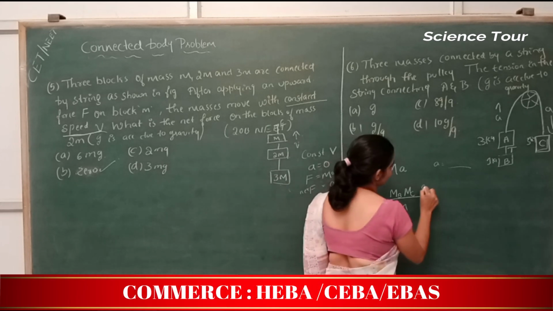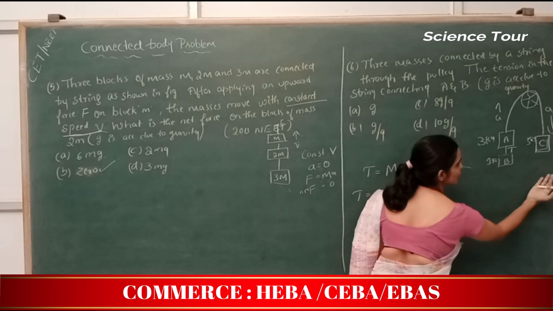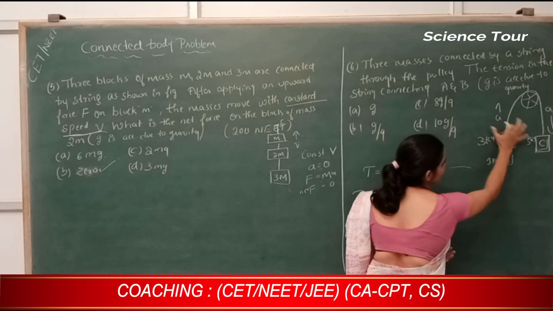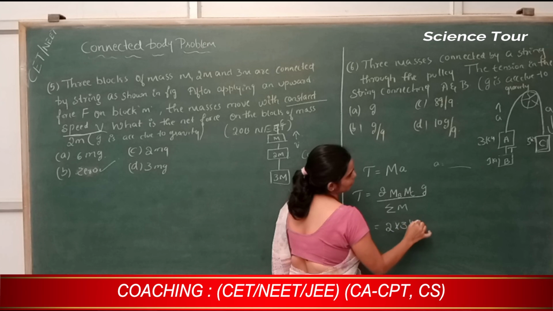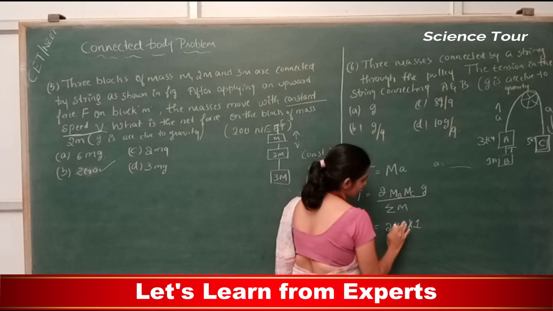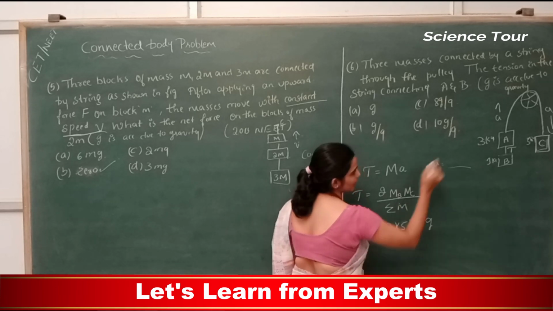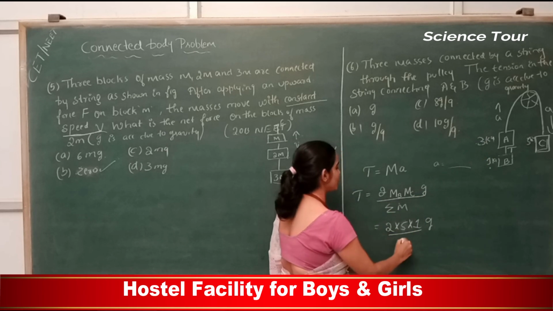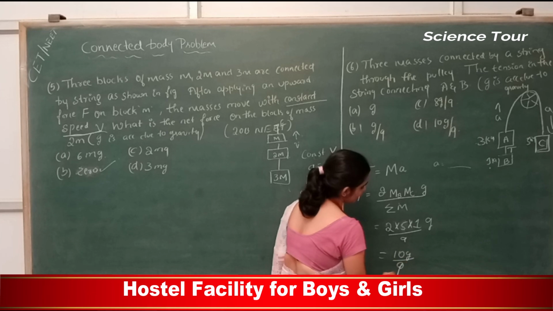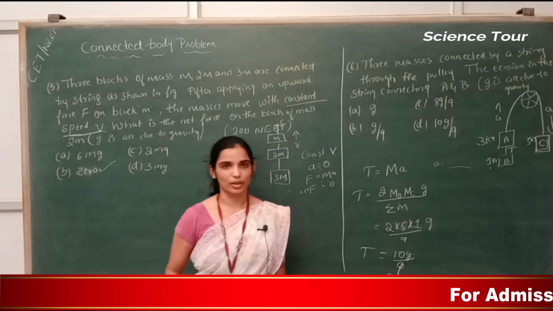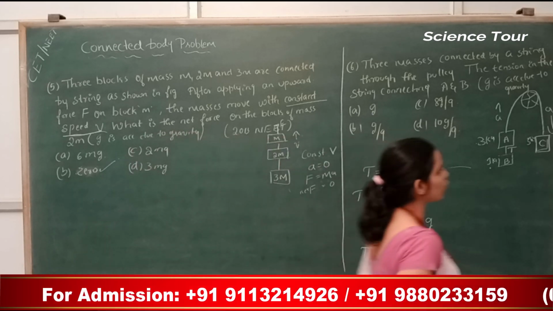And what about gravity? That should be important, g, on both sides. And how many forces? One is the weight of this, another one is the total weight of this. So 2 forces. So 2 into mass of B is 3 into 5 into 1 into g divided by total mass. 3 plus 1 is 4, 4 plus 5 is 9. So 5 into 2 is 10. 10g divided by 9. This is the tension. This is how you should calculate the tension, or else you can go with this formula.